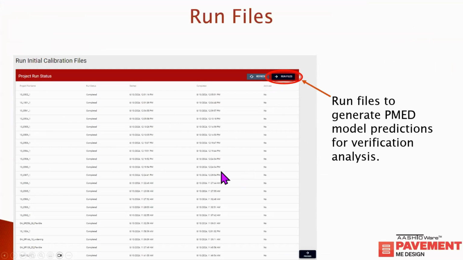This will take a little time. So in this case here, I think we've got, I don't know if we had the number here, so not sure. I think we might have had like 70 files here. Anyway, it's basically running each Pavement ME design file. So think of how long it takes to run the Pavement ME design program. So if you got 60 or 70 files, it could take you between an hour or 2 hours, assuming you're not in queue behind somebody else. But as long as that's not the case, that won't take an inordinate amount of time. But just have to be aware that it's not gonna update everything automatically. Run that,